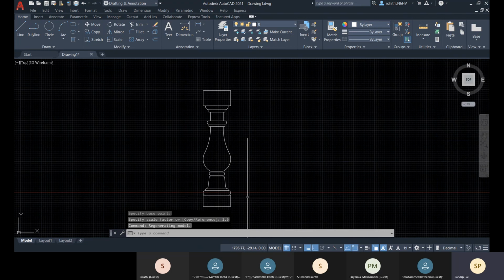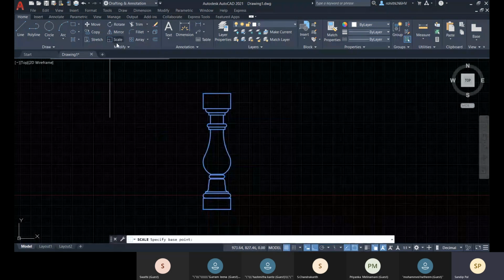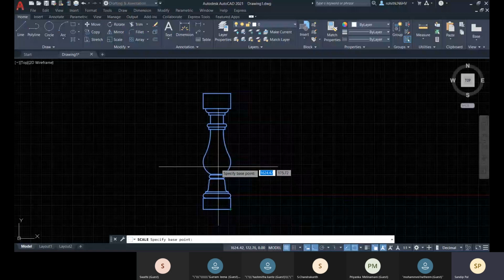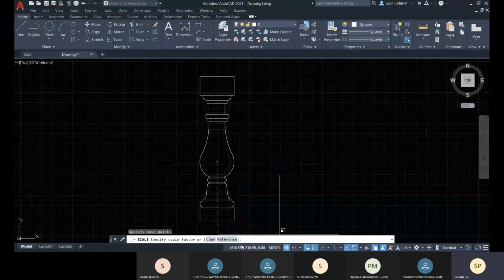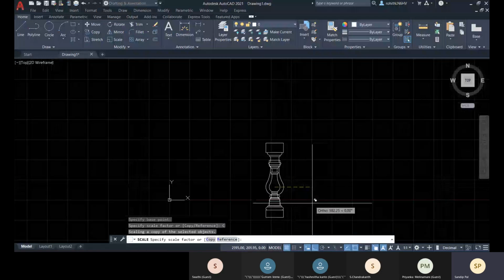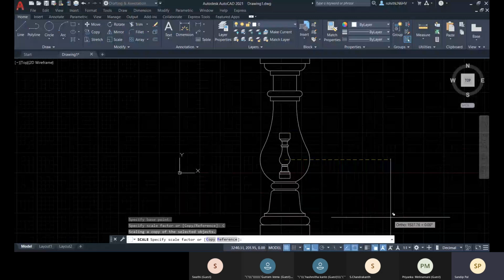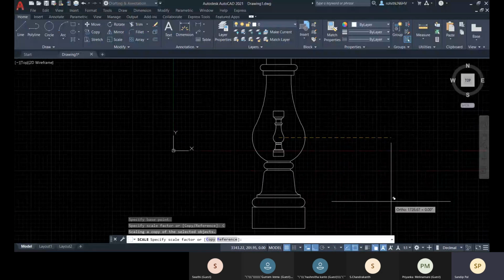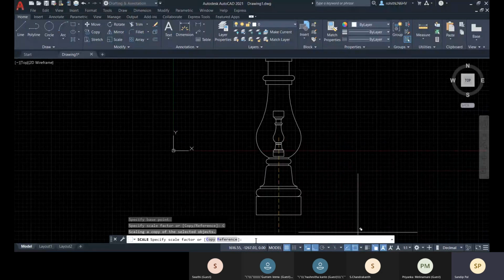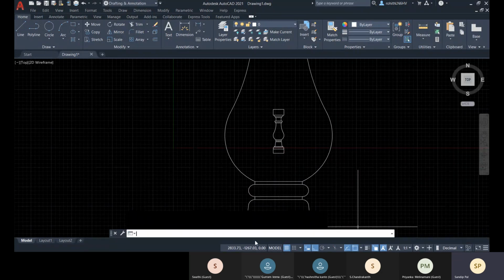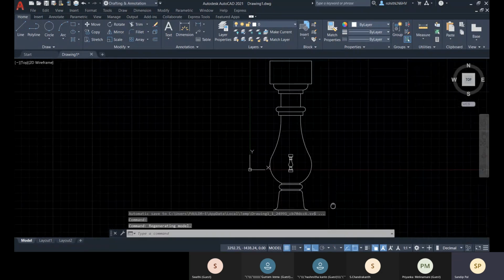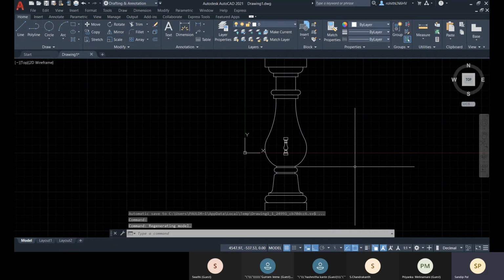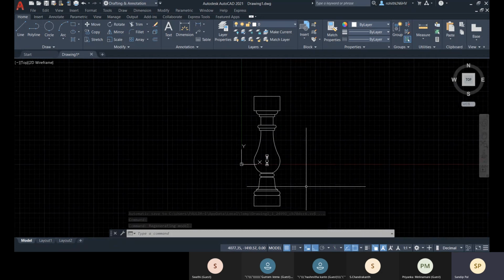Suppose you want to create a duplicate there with the scale. This is a base point, and then you go for copy, and then you can create another duplicate there. So let's go for a factor of 10, and there you have it.